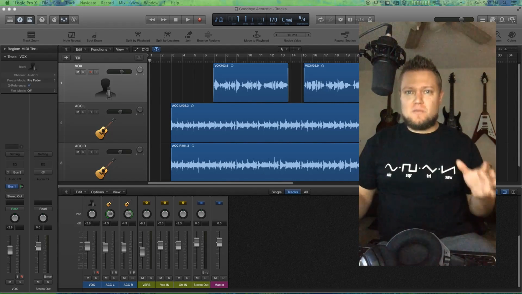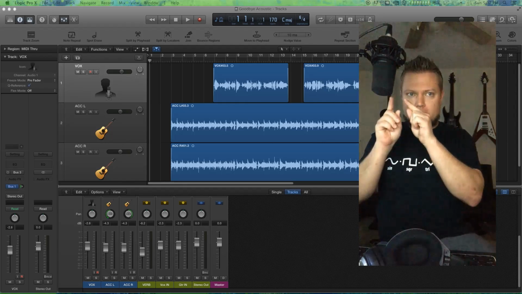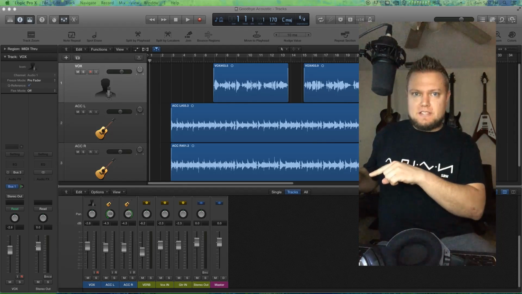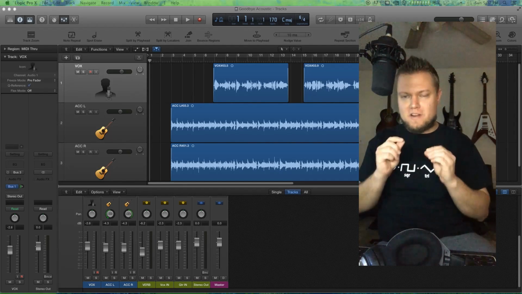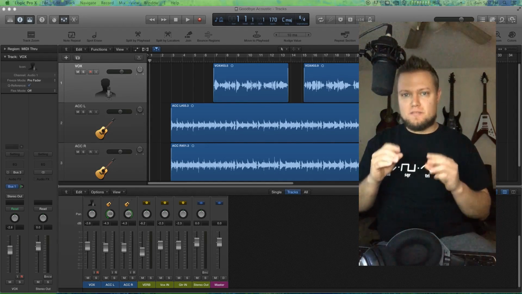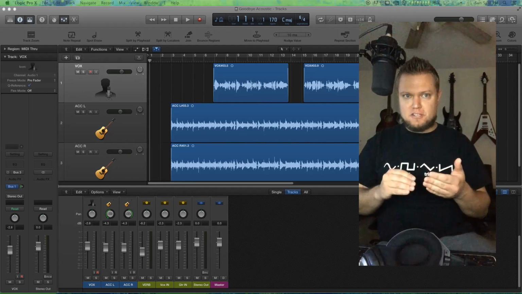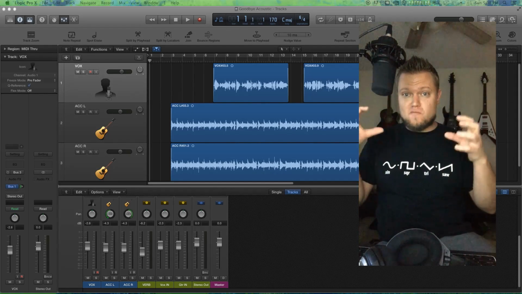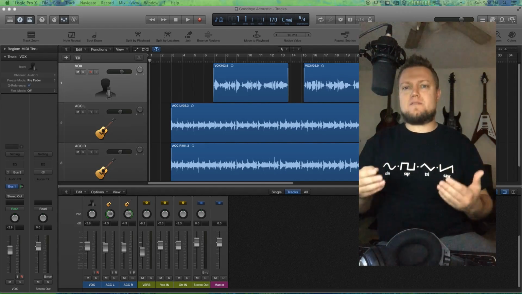Well, it means that we're going to record through our mic. The signal is going to go to our audio interface and then into Logic. But instead of recording that dry signal directly to an audio track, we'll first pass it through an aux track with EQ and compression on it so that the processing is actually rendered into the recording rather than adding that